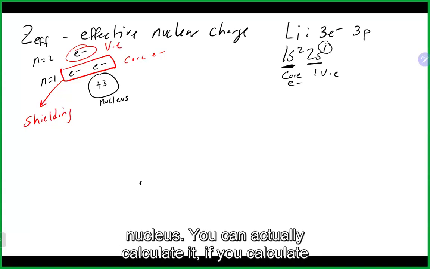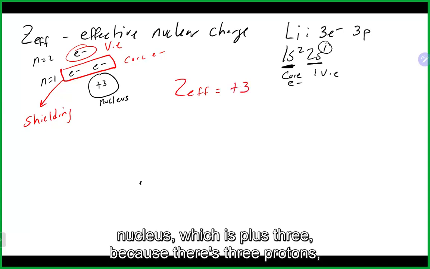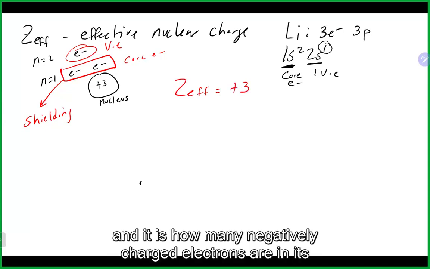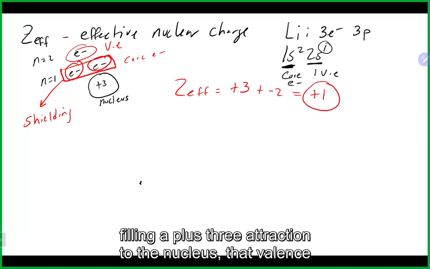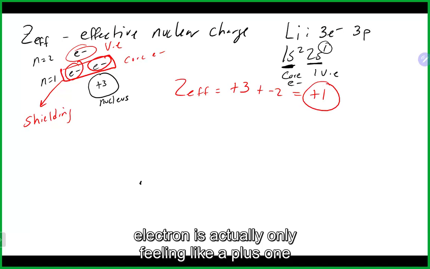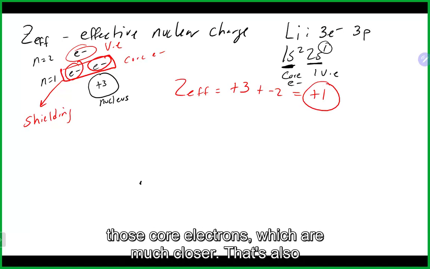You could actually calculate it. If you calculate the Z effective, it is the positive charge from the nucleus, which is +3 because there's 3 protons, and it is how many negatively charged electrons are in its way, and that's 2. So plus minus 2 means that instead of feeling a +3 attraction to the nucleus, that valence electron is actually only feeling like a +1 attraction, which means it's not going to be held as tightly as those core electrons,